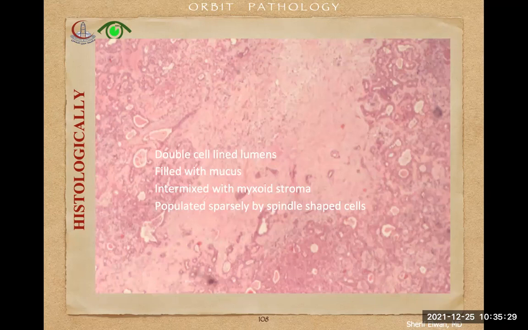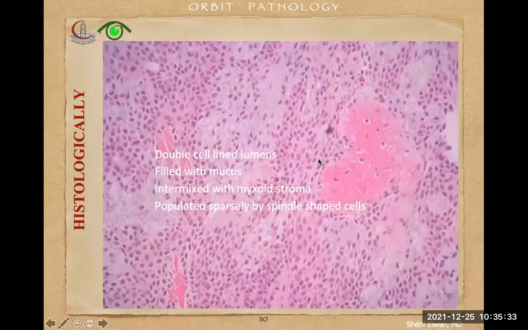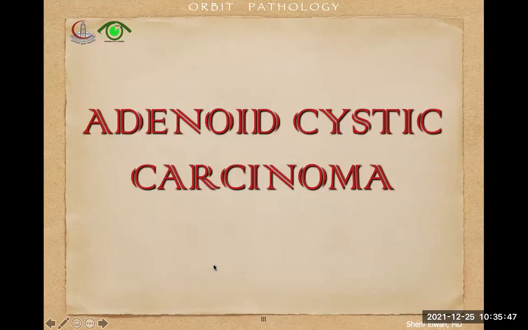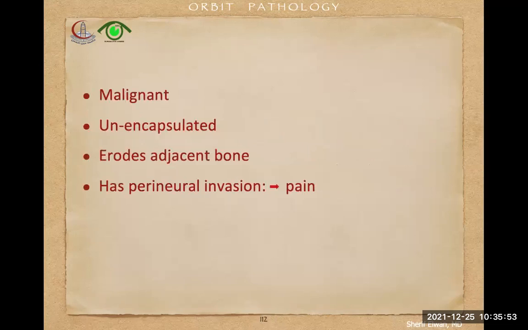As you can see, here is excessive myxoid tissue and here is less myxoid tissue. Double-lined spaces with spindle-shaped cells in between. Now the adenoid cystic carcinoma, again, of the lacrimal gland, it's malignant, unencapsulated, eroding adjacent bone,